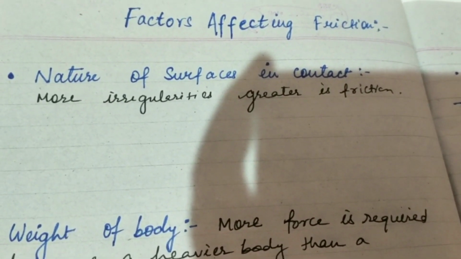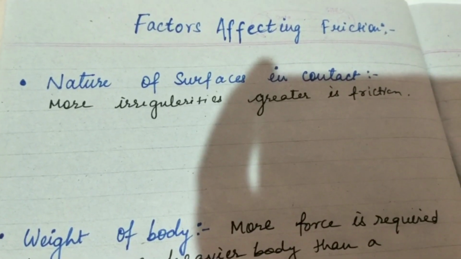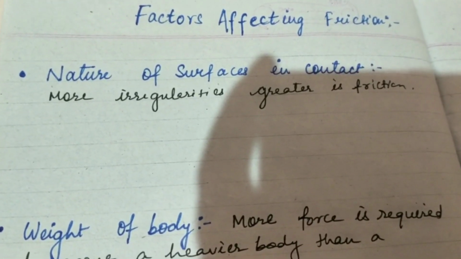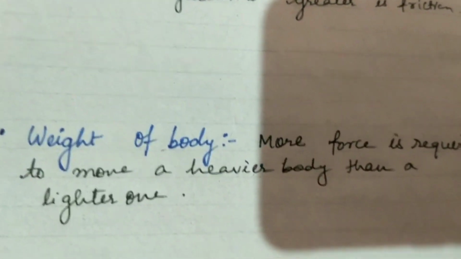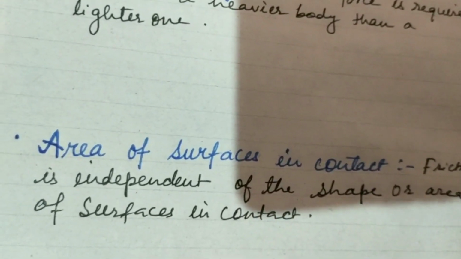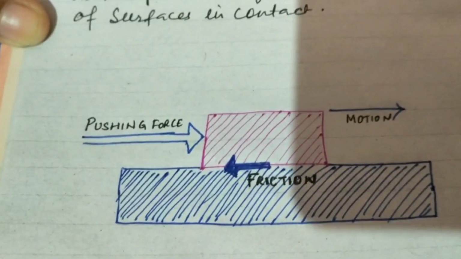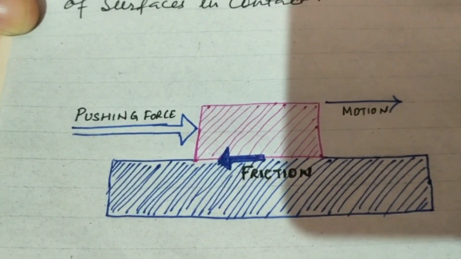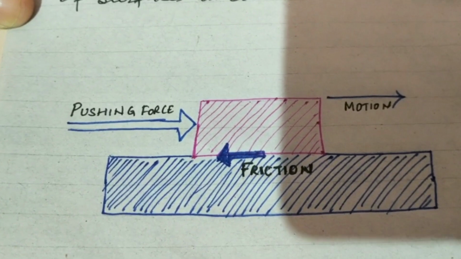Okay, so in our last video we were reading about friction and we discussed the different factors that affect friction. Those are the nature of the surfaces in contact, the weight of the body, and the area of surfaces in contact. So see here, friction always acts in the opposite direction to the motion. So what happens,